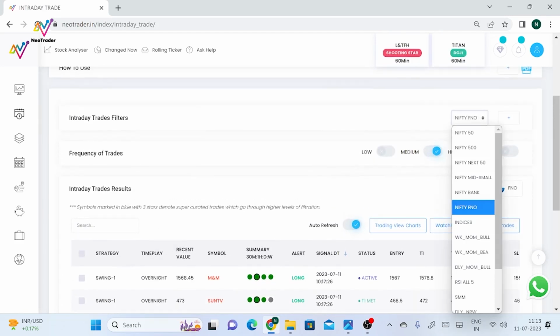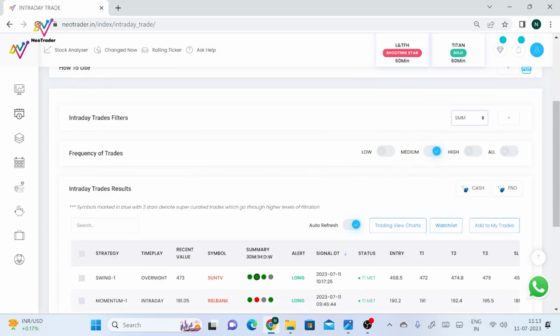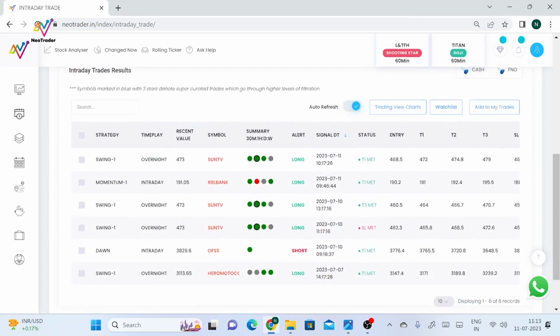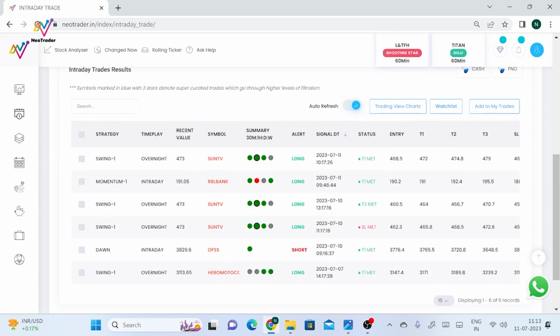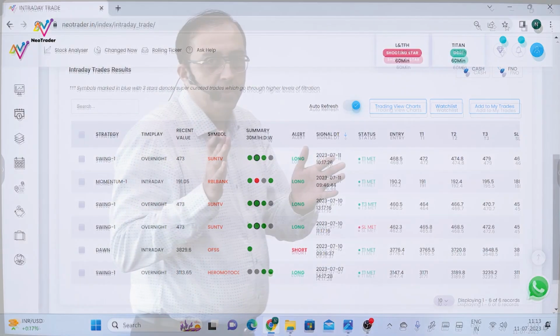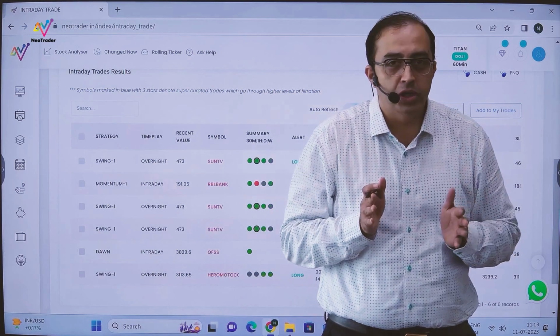Based on my watch list, I will get the trades here. I've got my watch list defined. I know that those are the stocks which are having some trend, and based on that, I am getting a setup here. So I have a watch list which is a trended watch list.